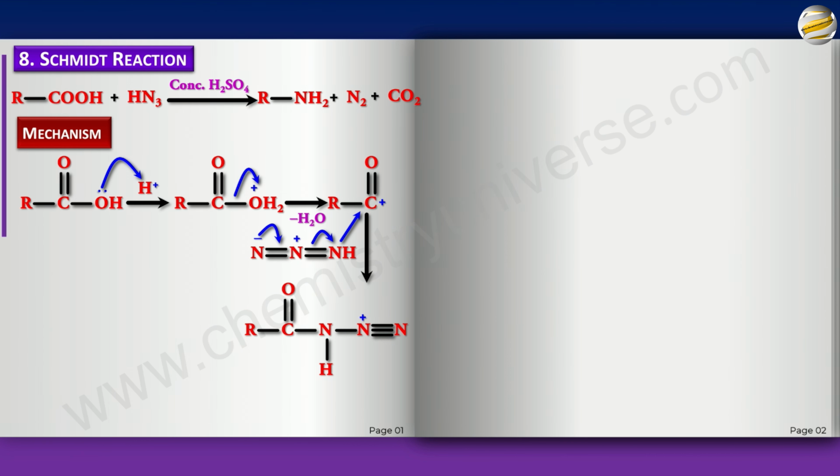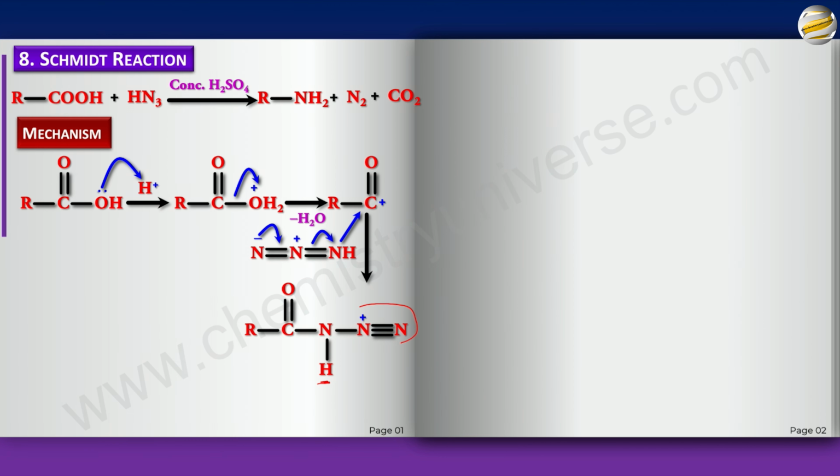Now this is where things start becoming common with other similar types of reactions, and I'll explain what I mean. The moment you get something like this, where the nitrogen has an acidic H, because remember this H is acidic since the negative charge on this is stabilized by resonance with this double bond O as well as by this. And even if this were not to stabilize it in any way, it is going to be a minus I group, so the negative charge on nitrogen will be stabilized anyway. So this H is going to be acidic.